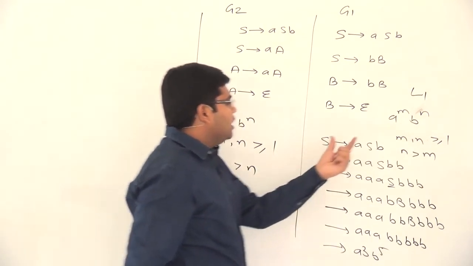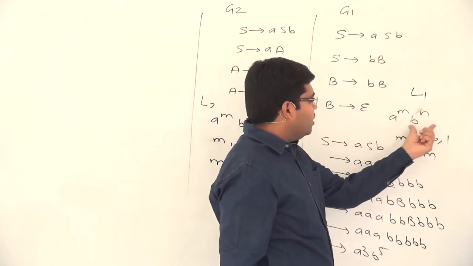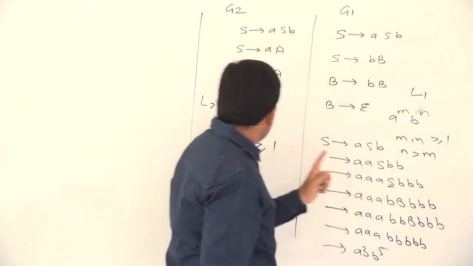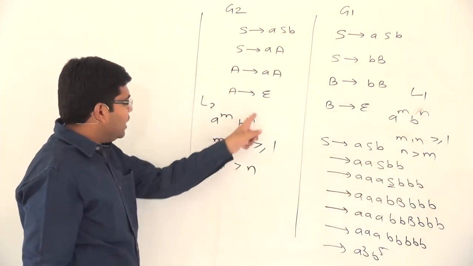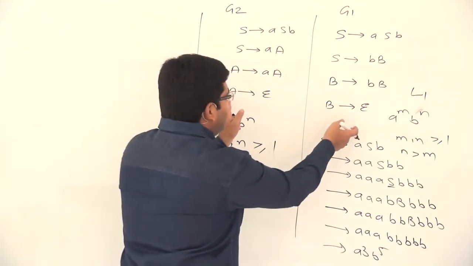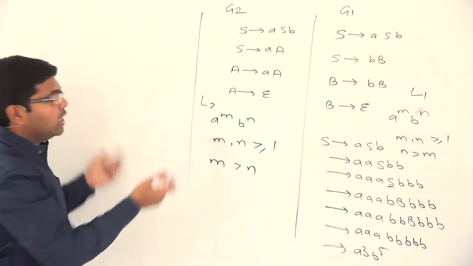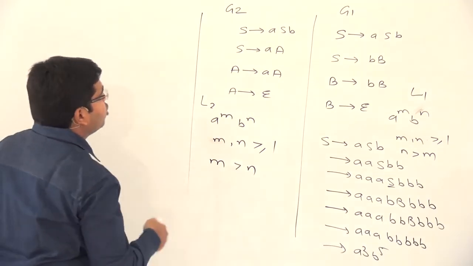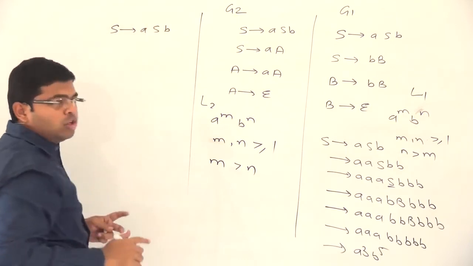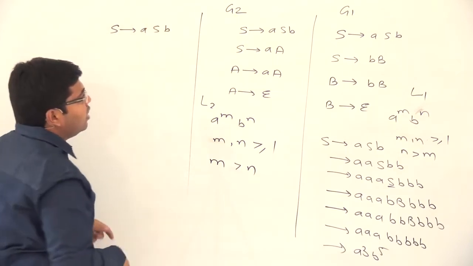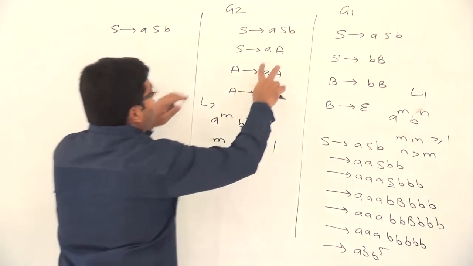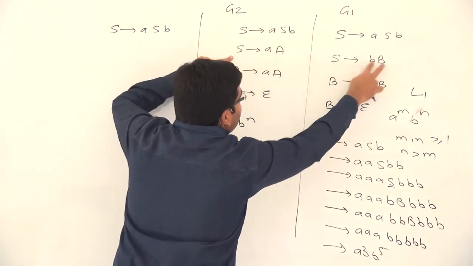Here it is a block of a's followed by a block of b's with more b's, or a to the power m, b to the power n, n greater than m. Here it is a to the power m, b to the power n, m greater than n. Now what we will do is combine both these grammars together into a third grammar, and let us see how that grammar will look. It will be S produces aSb. So you initially generate an equal number of a and b. Now whenever you want to come out of S, either you replace this S with A or you replace this S with B.